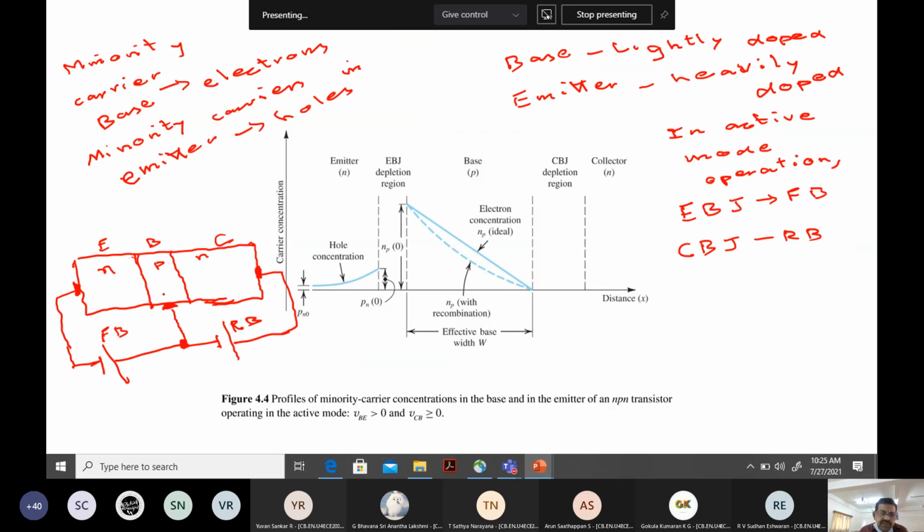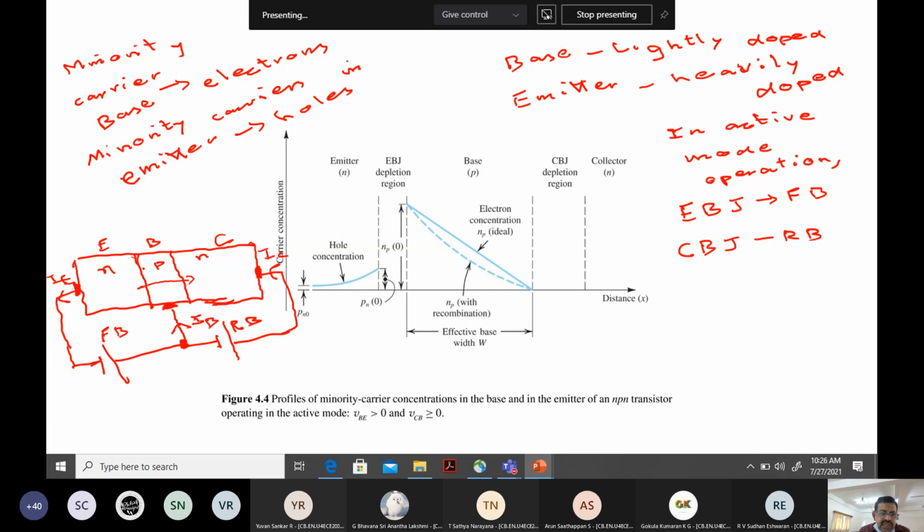So effectively, we can understand the whole action under active mode is due to what is going on in this junction and the electrons crossing over all the way over to the collector. Once they reach here, it will reach the collector because this is under reverse bias. The positive terminal will get the electrons collected at the collector. So you will have a collector current in this fashion. IC will be into this terminal, IB will be into this terminal, and your IE will be flowing out of the terminal.